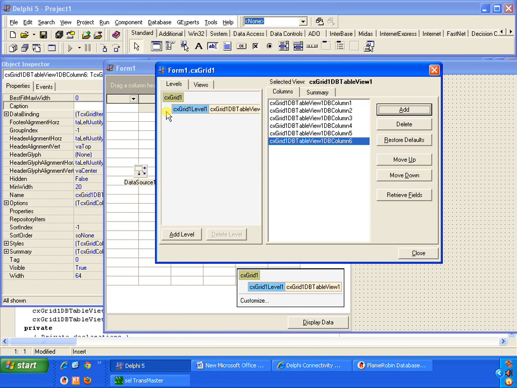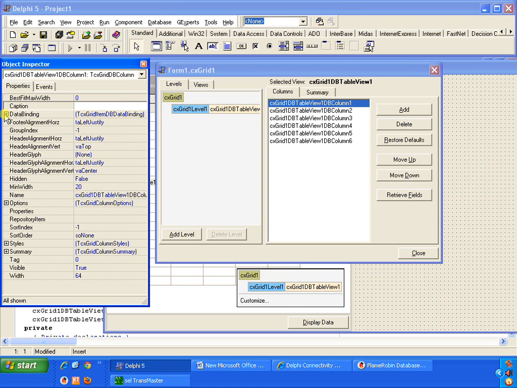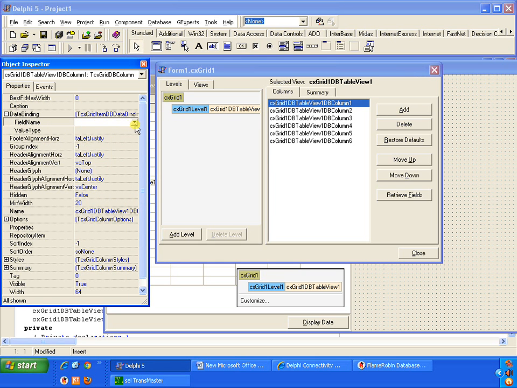Now, as we know, to select a particular column, come back here in the data binding properties and just select the field name. As our connection is live with the database, we can get all the required field names here. Select employee code,